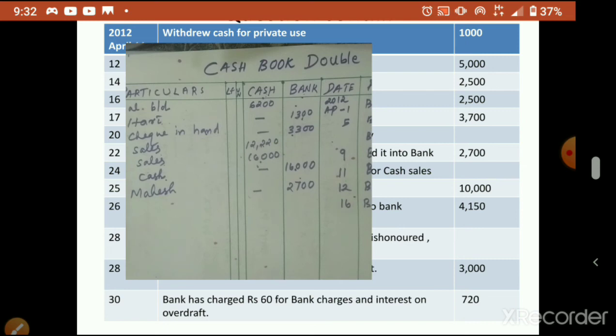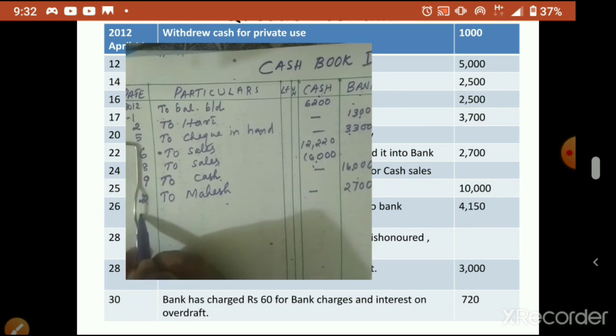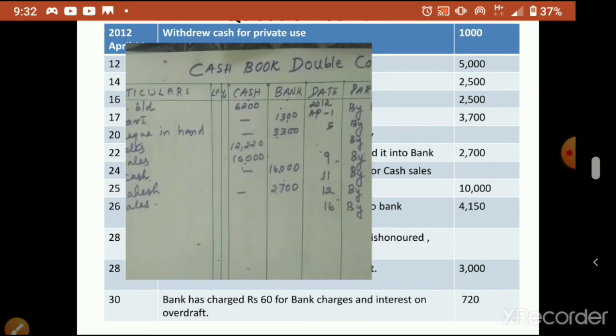Now, before that one more is there. Received cash 1000 and check 1200 for cash sales. Okay. So we are selling goods and we received cash also, check also. So for sales, how much cash was received and how much check was received? Cash received 1000 will go to the cash column, and check received 1200 will go to the bank column, that only. So one sales you write, and for cash you write in the cash column, bank you write in the bank column. Bank means check.